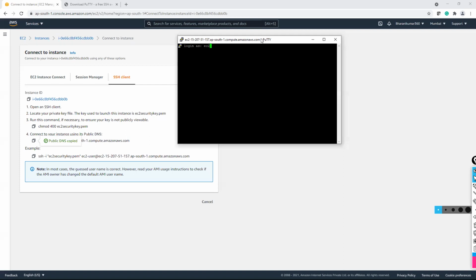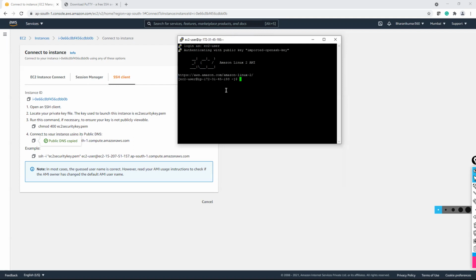This is your username. I think I put some other username. EC2-user, that is the default username. Okay, default user. Like in Windows, we have administrator as the default username. Here, EC2-user. Enter.